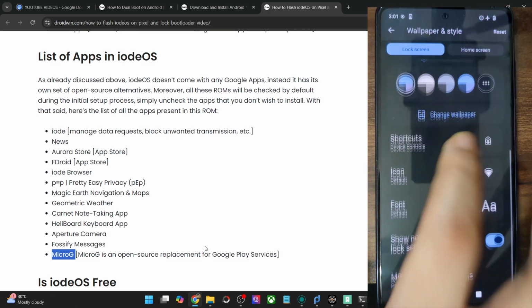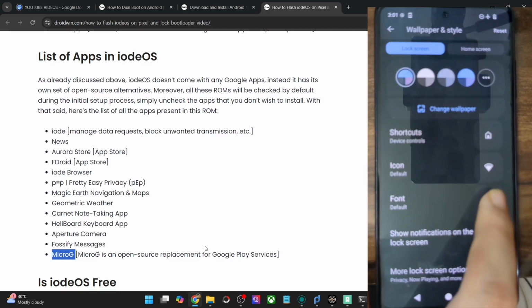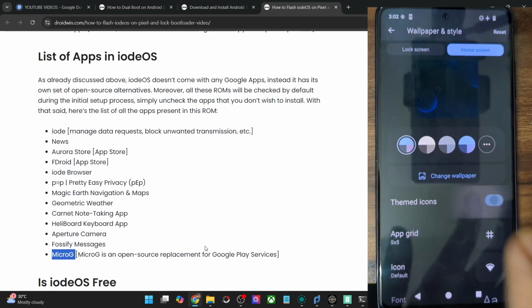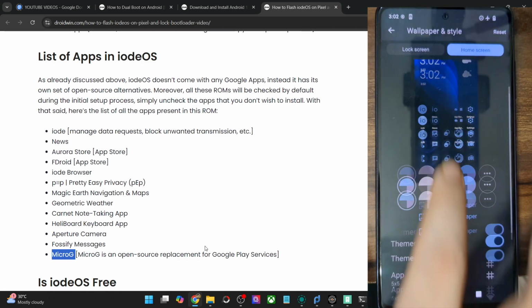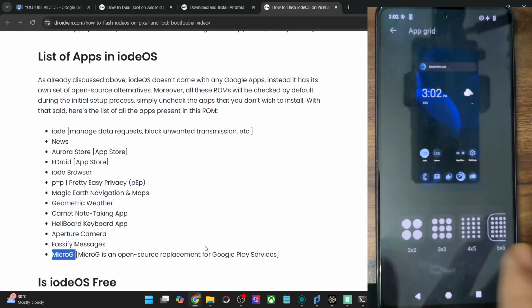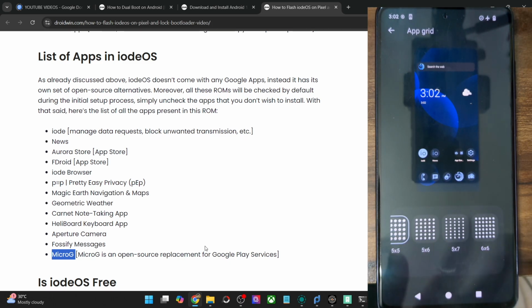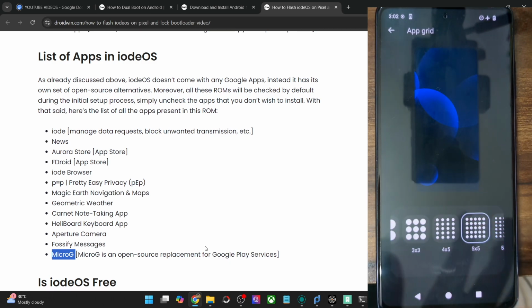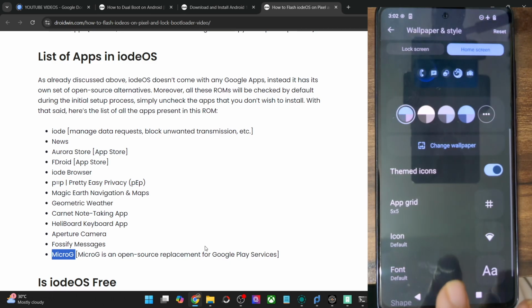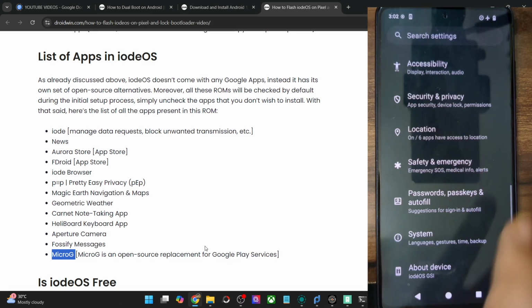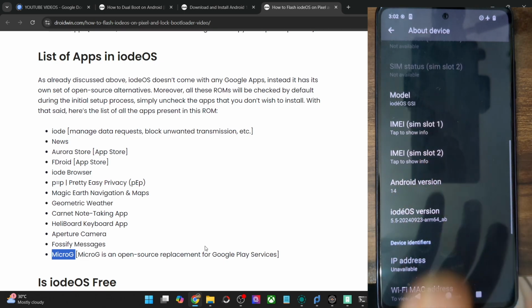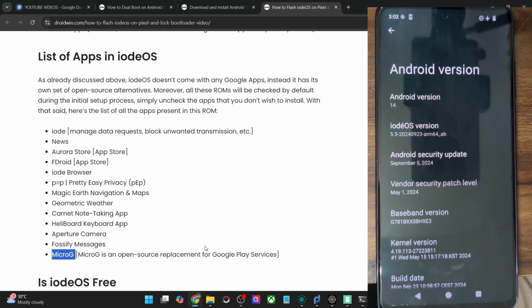Then apart from that, you may change the icon and font, which we have done already. And if you go to the home screen, you could enable themed icons. And as you could see, it's enabled now. And you could also extend the grid to 5x5 or rather 6x6, which is quite great to see. But as of now, let me go with the 5x5 only, which looks nice. And that's just about it. It's a stock GSI ROM with not many features, a clean stock UI experience with no Google apps as such.